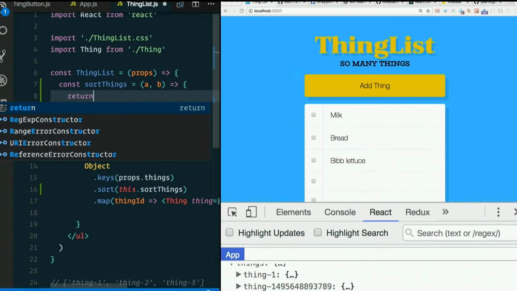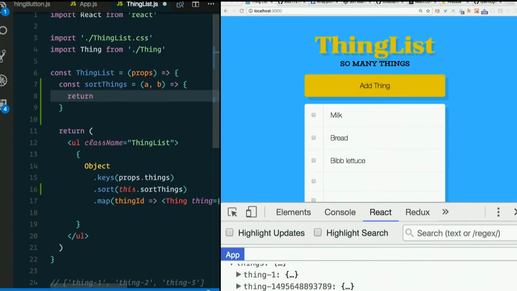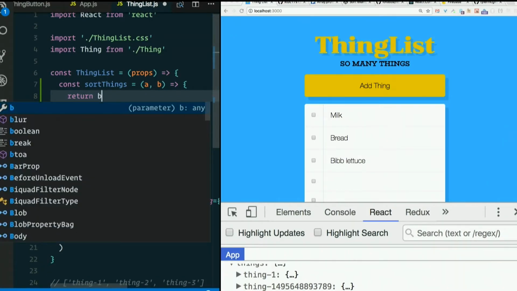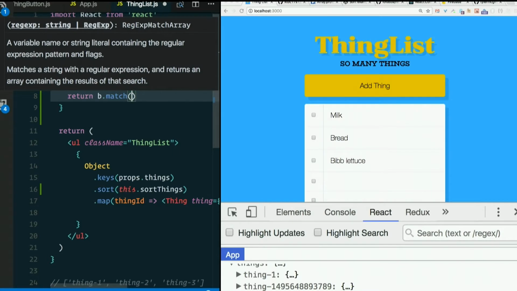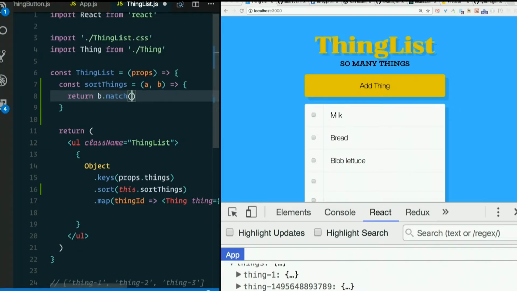Let's not forget that we have to return the result of our little subtraction problem here. So what I want is the numerical portion of B, because B is the string thing dash some number, right? So I'm going to call b.match. I'm going to pass it a regular expression. Notice in the signature here, you could pass it a string and it'll just search for that string. What we want to search for is one or more consecutive digits,